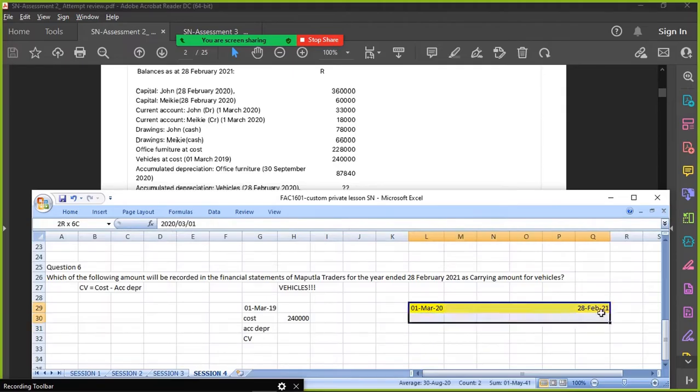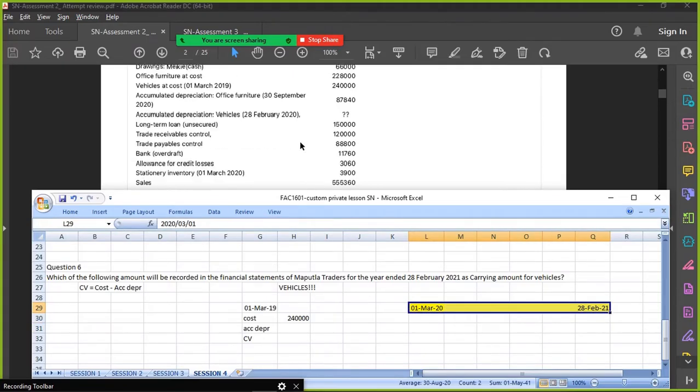So in terms of disclosure, if you're looking at carrying value, what did they ask for? Carrying value at the end of this year for vehicles. So they want to know the cost, what the accumulated depreciation is to get the carrying value. And that's obviously what they want. So they want us to work out